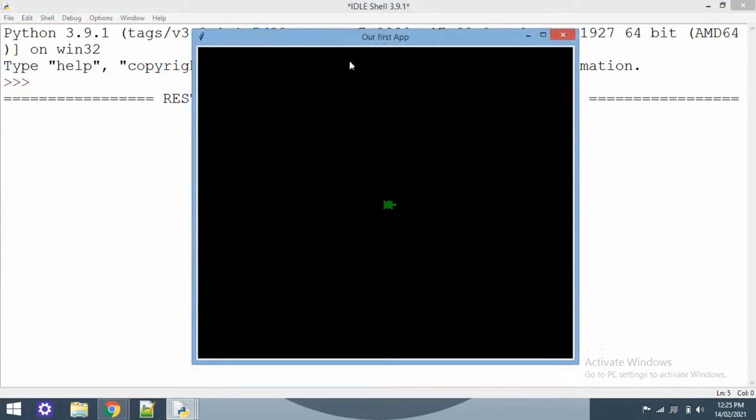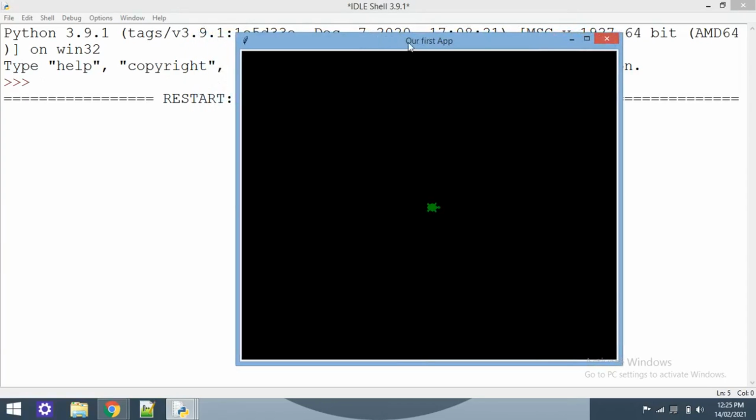Yeah, we have a black screen. We have a turtle in the middle of the screen. You can see the title of the screen, our first app. So we have made a screen, given it a black background color, and set its title.